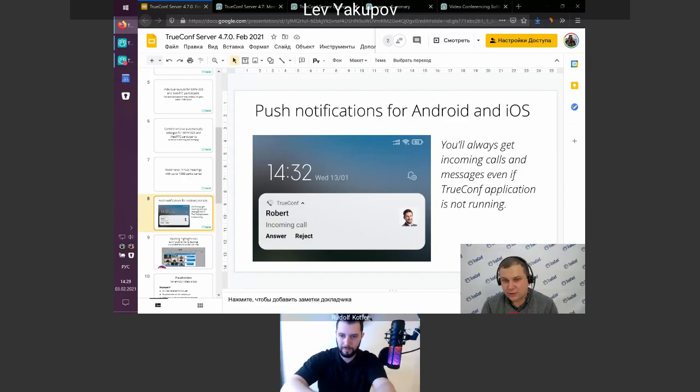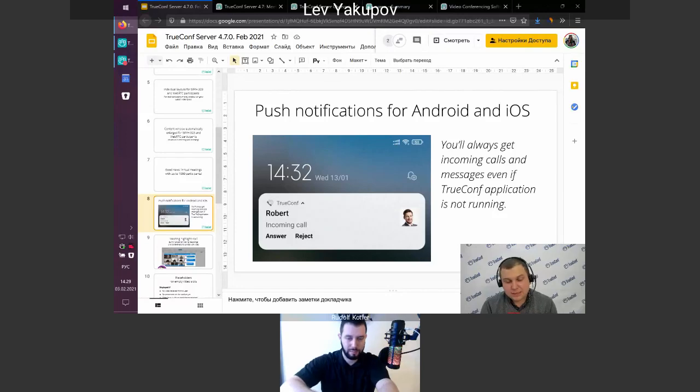It is not located in the memory of the phone, and the only possible way to reach this application and tell it that someone is trying to call you is to send a push notification. But our solution is a server solution, so that means the Google and Apple push servers are out of scope of our server architecture.